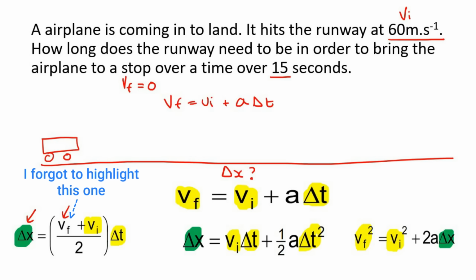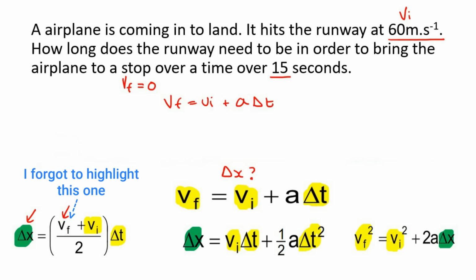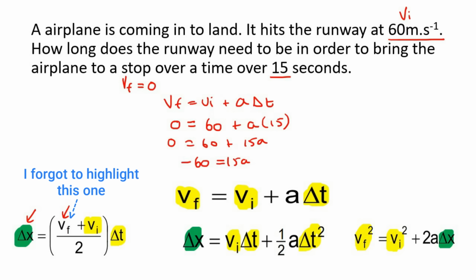Now they haven't given us any direction. That's okay. Sometimes they don't. So what we'll do is we'll say 0 equals to 60 plus A, and then T is 15. Now, if you had to say 0 is equal to 60 plus 15A, then to get A by itself, you can take the 60 to the other side where it will become a negative. Now, to get A by itself, you divide both sides by 15. And you end up with, because this 15 then cancels, a equals to